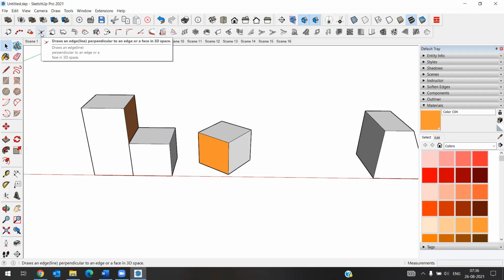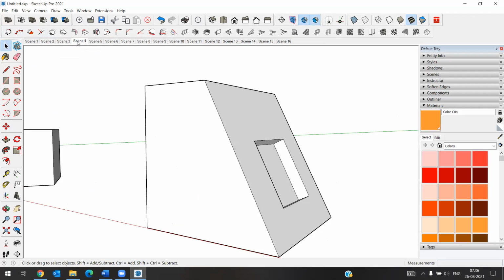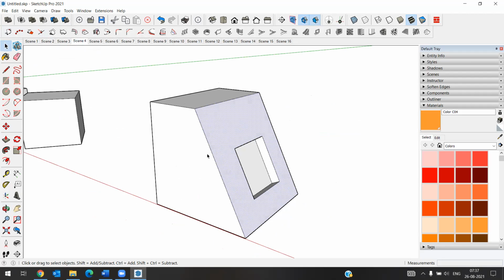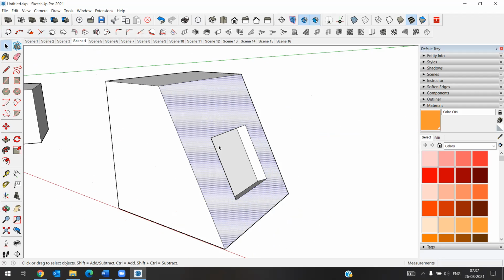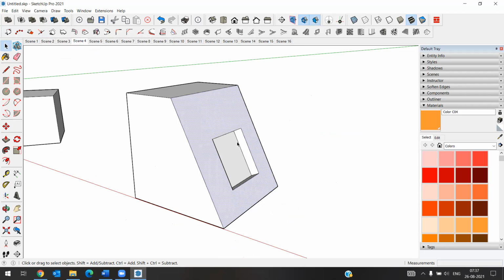Next we will see draw an edge line perpendicular to an edge, face in 3D space. So next tool is how to create perpendicular lines on a 3D object. So we have a 3D object here. So how to draw a perpendicular line, meaning an exactly straight line.